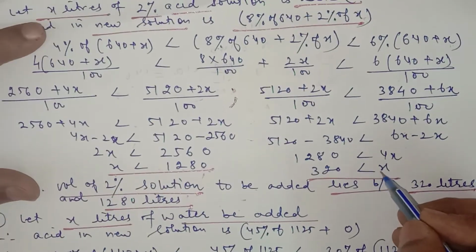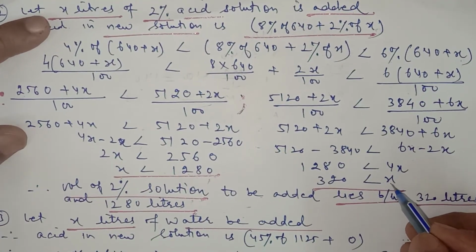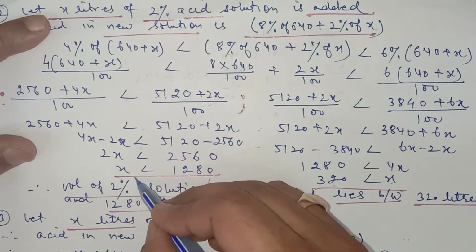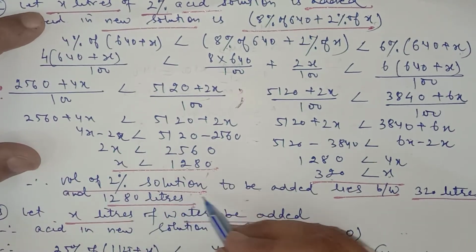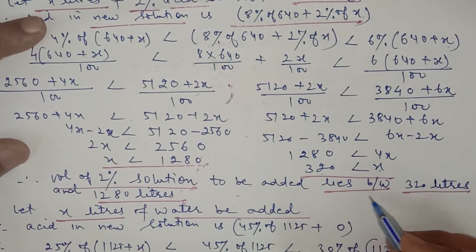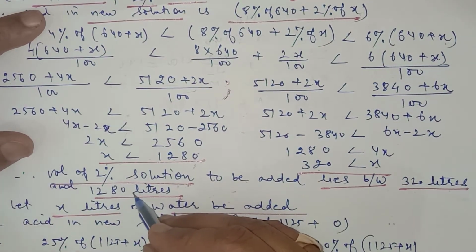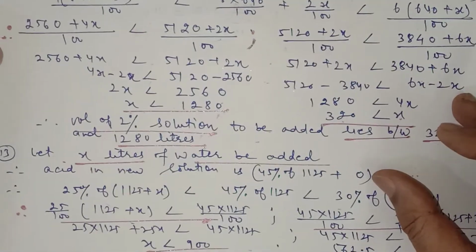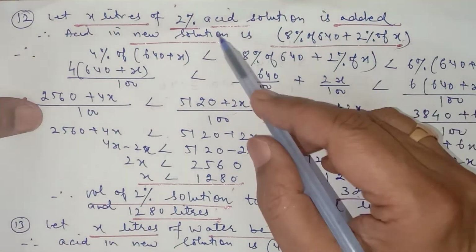So X is the 2% acid solution we are adding. So the 2% acid solution we must add must be greater than 320 liters and less than 1280 liters. So the volume of 2% solution to be added should lie between 320 liters and 1280 liters. Question number 13 is somewhat the same as question number 12, but instead of acid solution we are